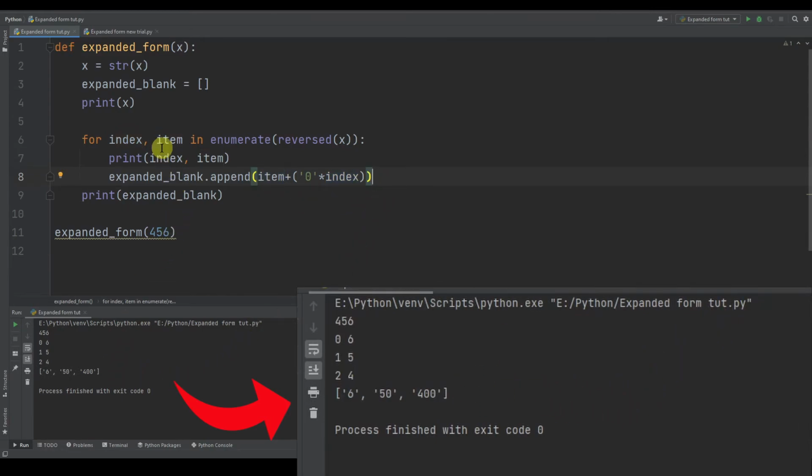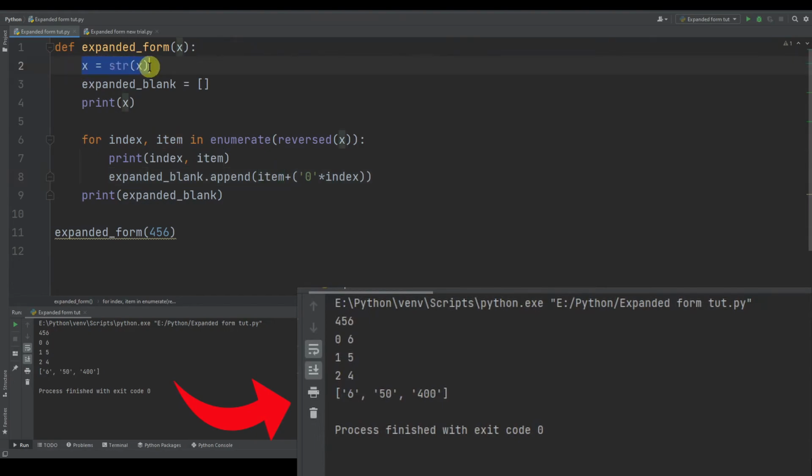And in the third iteration, what happens is index is 2 and item is 4. So this item is replaced by 4 and index is replaced by 2. So 4 gets an additional 2 zeros after this item. Okay, so remember this item is also a string.